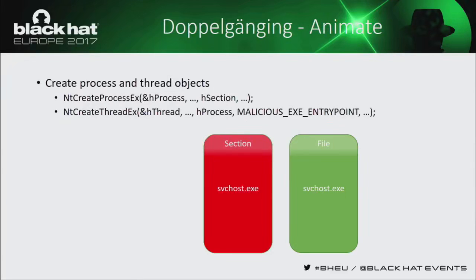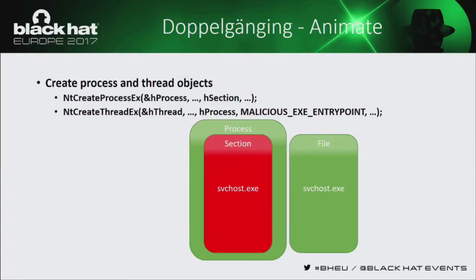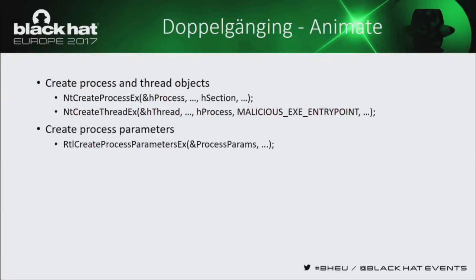Now, we move on to step number 4, animate. Using the details we found out before from examining the Windows process loader, we can call the NtCreateProcessEx routine that was used in Windows XP to create a process from the section that we created. And so once we do that, we now have a green process, a nice clean looking process that's hosting our malicious section. At this point, we create the thread for the main thread,